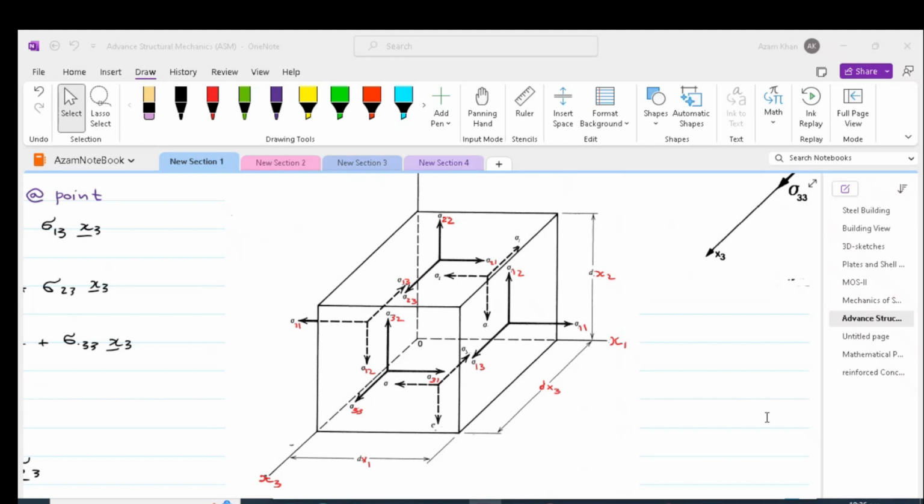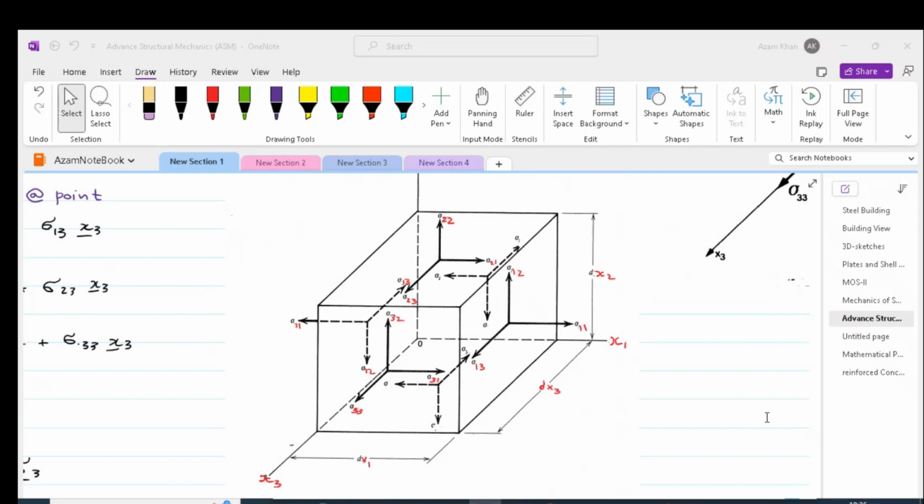Therefore, a positive stress component sigma 11 exerts a tension or a pull parallel to the x1 axis, and equivalent sign conventions hold for the planes perpendicular to the